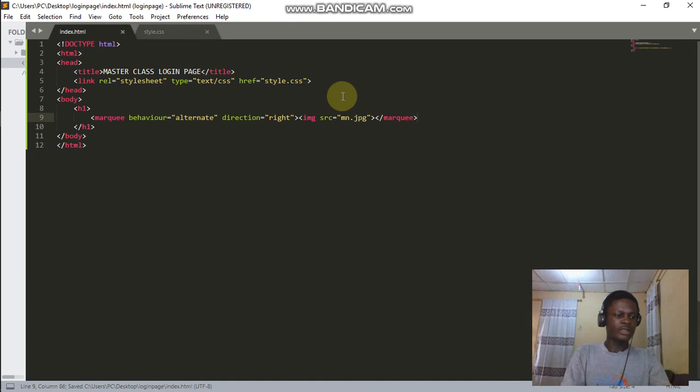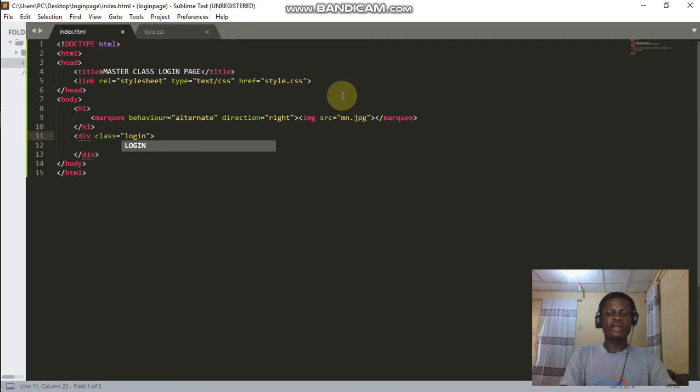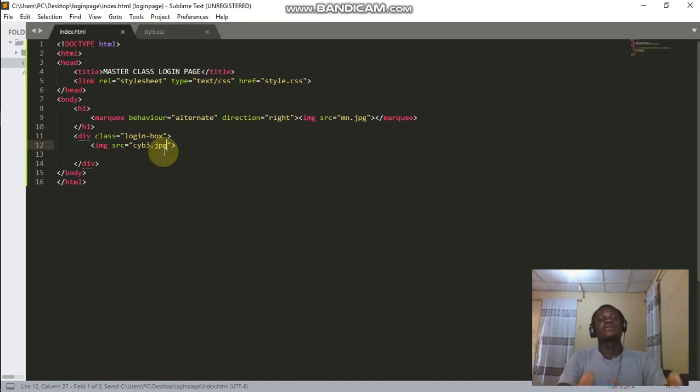After that, we're going to create a div. Hit enter. In this div, we are going to input a class. What are we going to call it? Maybe we should call the class login box because we're dealing with a login page. In this login box, we are going to put an image, image source, which will be site3.jpg. Ctrl S. I'm going to open the work we are working on so that you